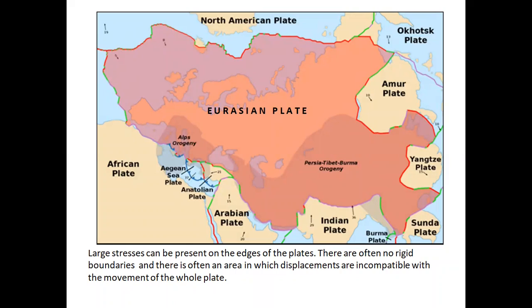So to finish off, large stresses can be present on the edge of the plates. There are often no rigid boundaries, and there is often an area in which displacements are incompatible with the movement of the whole plate. What is notable on this diagram too is the shaded area marked as the Alps orogeny or the Persia-Tibet-Burma orogeny. This is still currently a mountain building zone that extends from Central Europe through Eastern Europe, Asia, and East Asia,